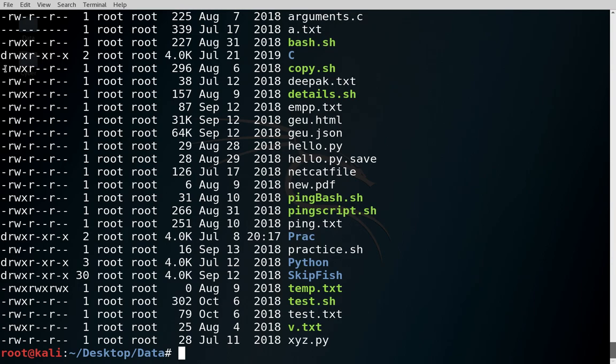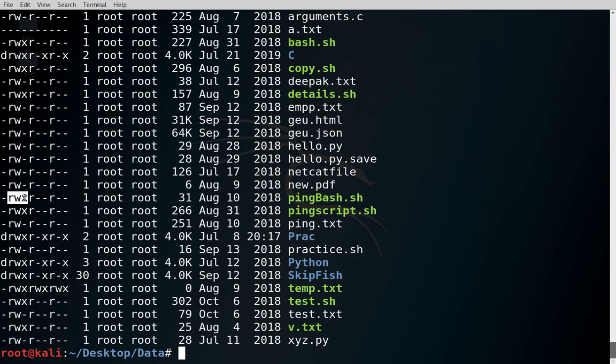And then there are three groups of three characters each, you can see here, right? The first group is for the file owner, the second is for group members, and the third is for others. And rwx means read, write and execute. So these are the rights given to the user. Try to explore and understand the entries of this file. First is a dash, that means it's a regular file.